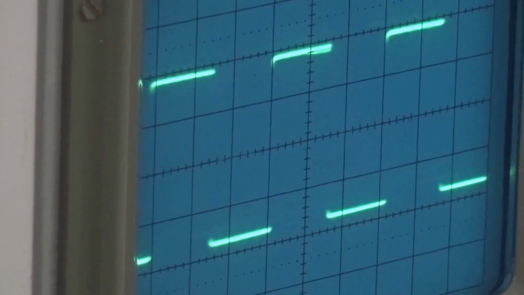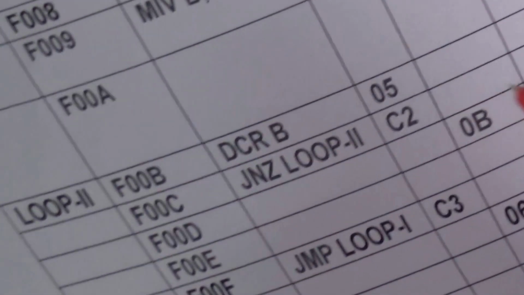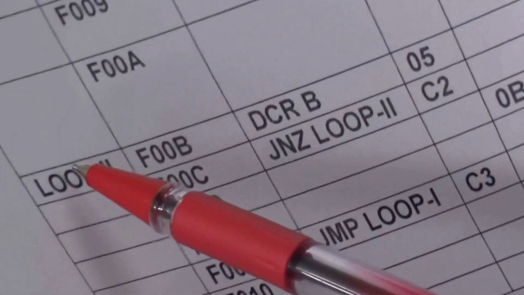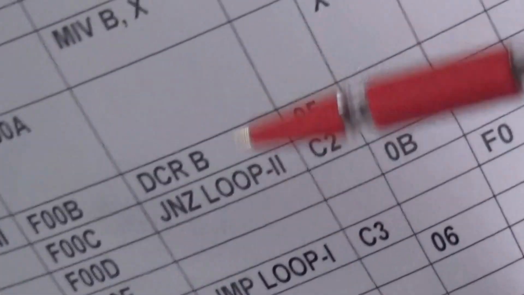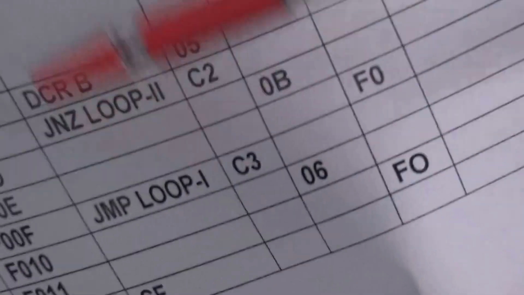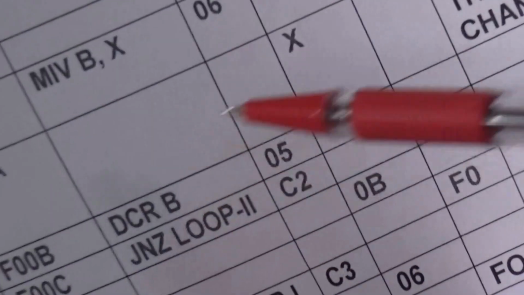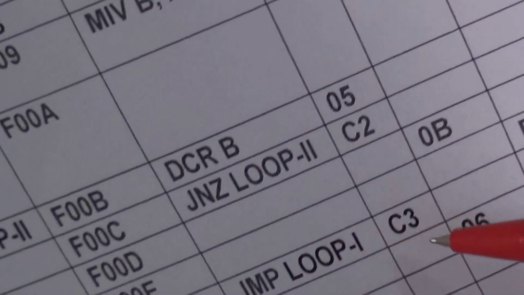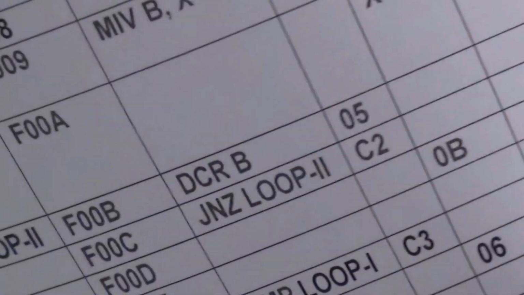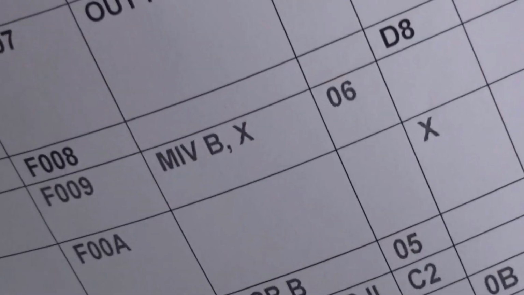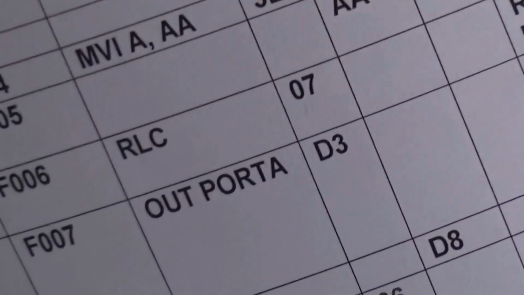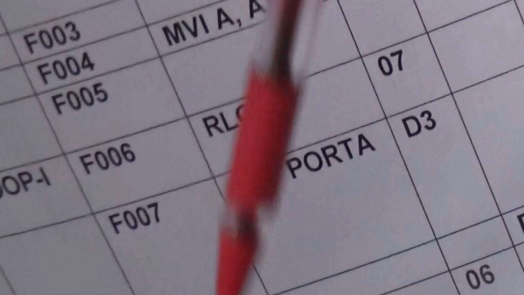So what is the loop that you are writing here? You send some data into the register B, decrement B, jump non-zero, go back to jump non-zero. Where is it going back to? It's going back to the loop 2. And this process will continue until where? Until it is non-zero. Once it's 0, it comes out of the loop. Then you will see jump to loop 1. Loop 1, again rotate left, send this on to the output device, call this delay, and then this process will continue. How long will it continue?